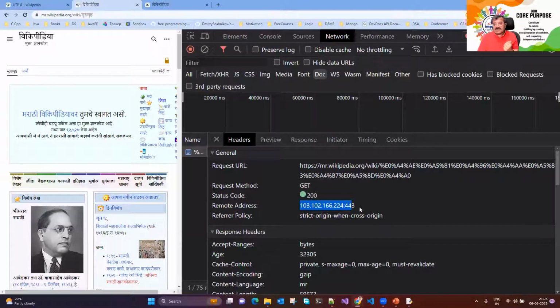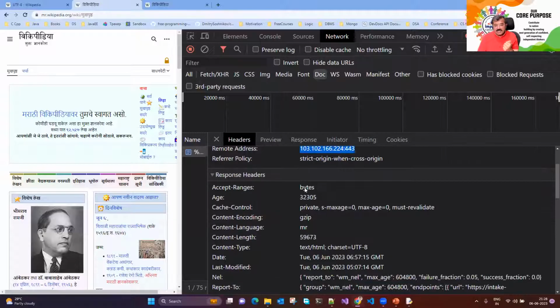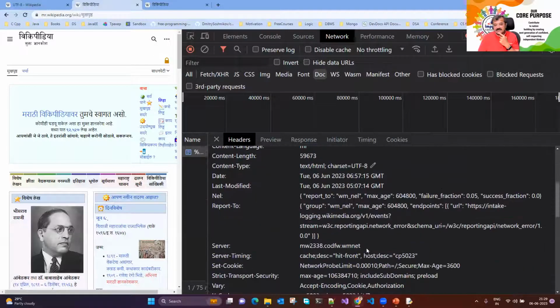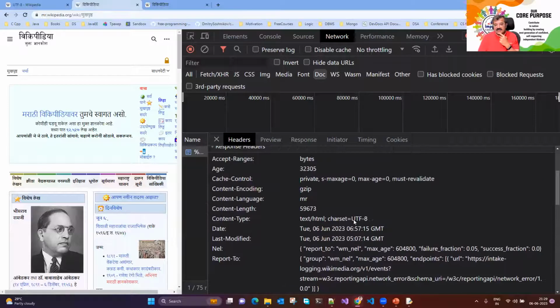ये इस लोकेशन पे सर्वर पे पेज रखा गया था। ये डेटा कौन से टाइप का आ गया, बाइट्स टाइप ऑफ डेटा has been received। ये डेटा का एज क्या है, तो इतने समय से वो डेटा है मेमोरी में। कंटेंट का टाइप क्या है, लेंथ कितना है, तो इतने सारे बाइट्स का डेटा है। कंटेंट का टाइप क्या है, text/html, कैरेक्टर सेट कौन सा है, तो UTF-8। गॉट इट, UTF-8।